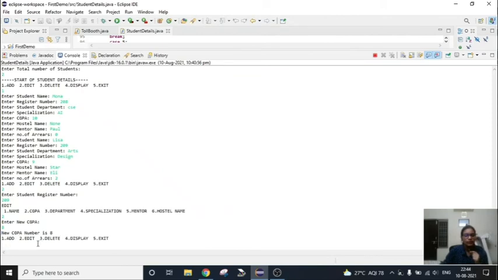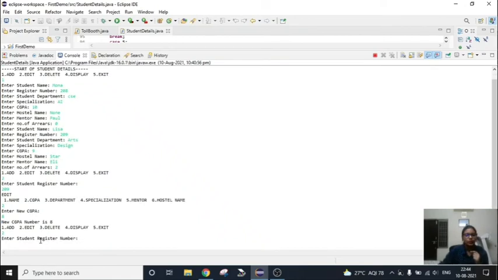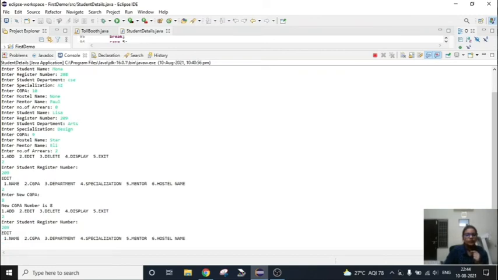Again it is asking whether we want to edit, delete, or display. Again we'll edit something else, and let's see. It is asking us register number. Again I'm going to give 209 Lisa, and then it is going to ask what we want to edit. Let's say we want to edit hostel name, 6.